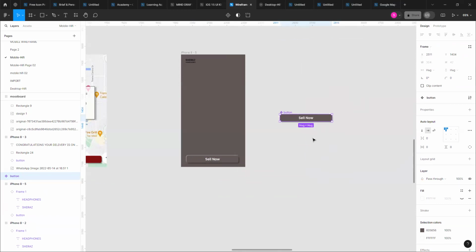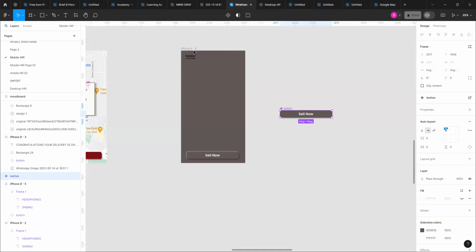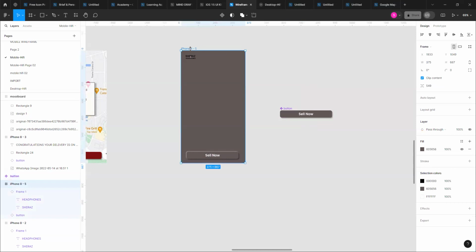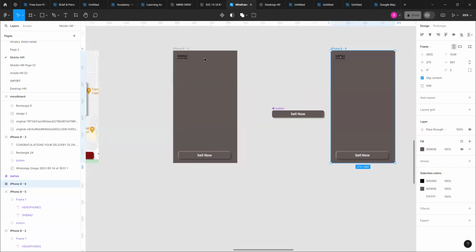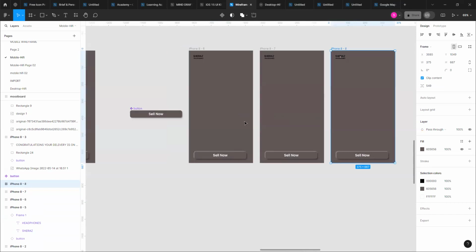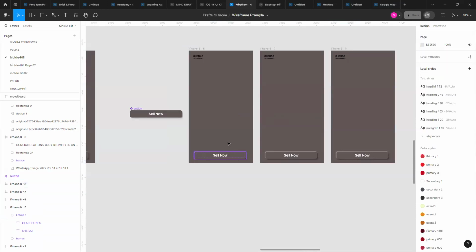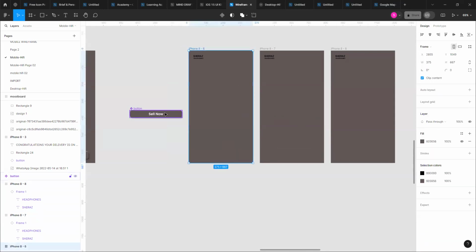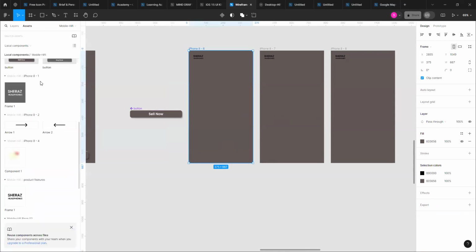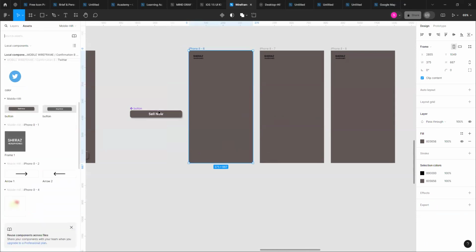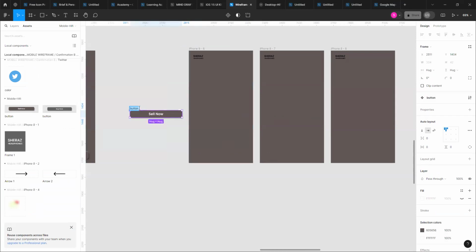So now it's a component. Now let's have a few copies of it. I am deleting it from here. Deleting it from here. Deleting it from here. Okay. Now I go to the assets and here I have, if I name it button slash